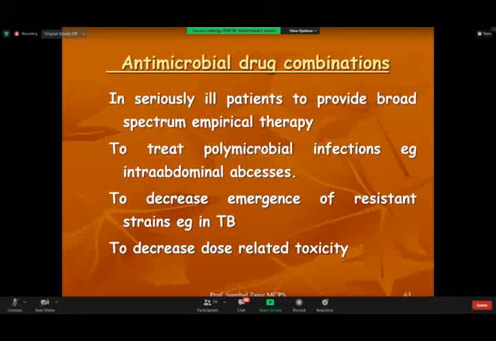To decrease the emergence of resistant strains, for example, in TB, sometimes you have to go beyond the first-line drugs, or you have to go into the second line. Cyclosporin भी उसको दे सकते हो आप, one of the fluoroquinolones दे सकते हैं. You can give them azithromycin also, macrolides में से, ताकि resistant strain अगर हो ही गया है, तो you have to change the ना सिर्फ आपने combination लेनी है drugs की, तो पहले 4 drug combination of normal TB first line drugs थी, उसकी जगह you have to also go into the second line ones.